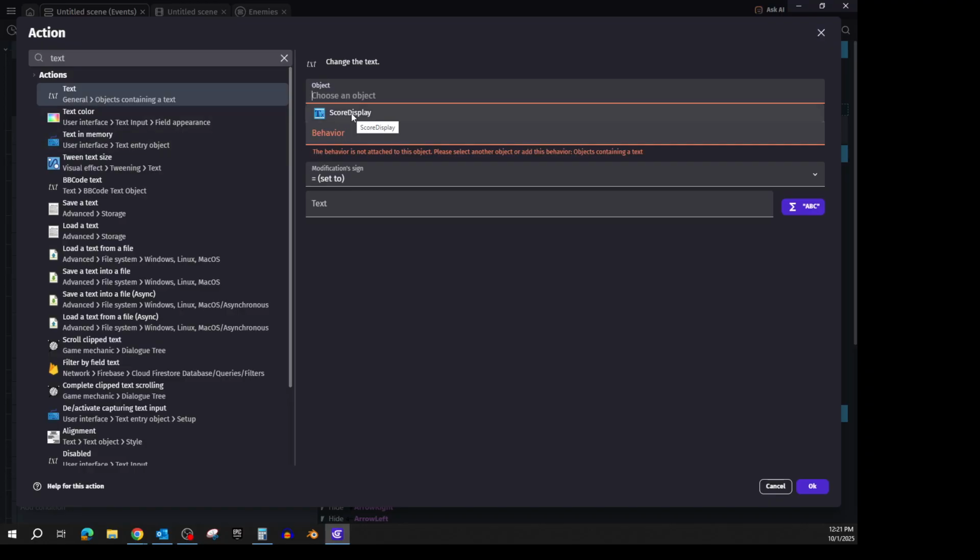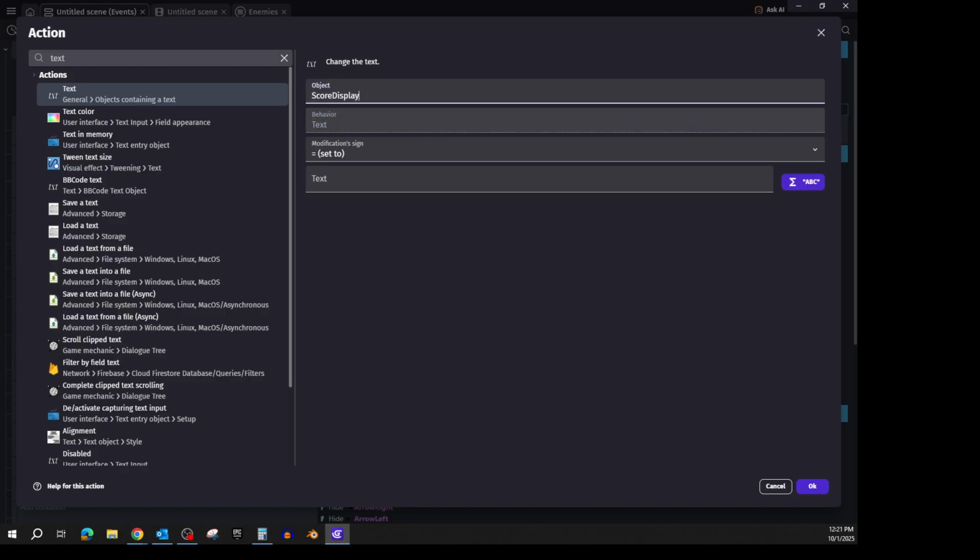And the object is the score display. And we want it set to... And now we're going to put in that original text that we had, which was "Score", right? So all this is the text that we created. That's all that is. And now what we're going to do is add plus